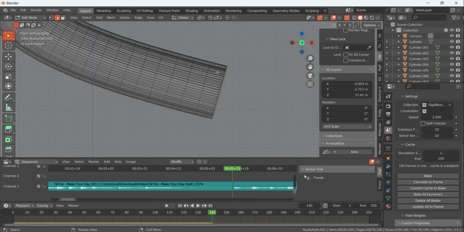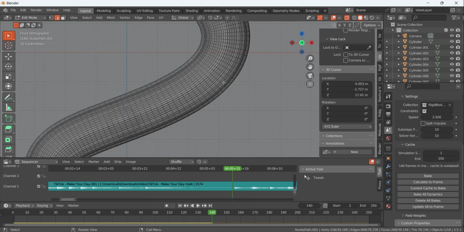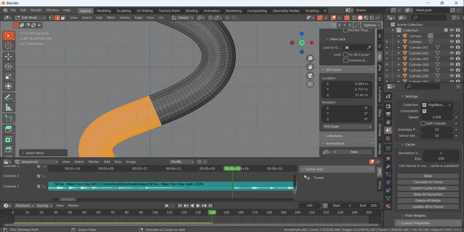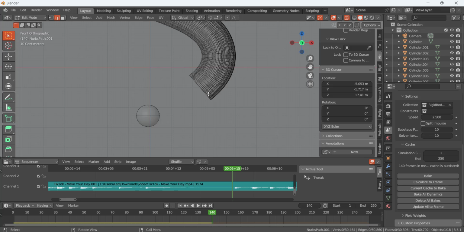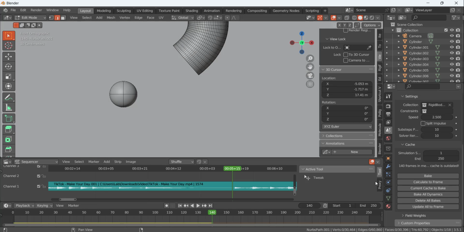I am going to select this face, and here we have this ball. So control plus, keep doing it, control plus, and it will going to make the selection like that, and S, and delete all of these vertices. So ball is here, and again